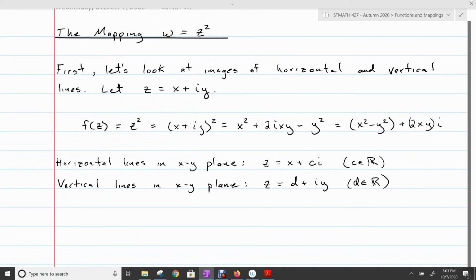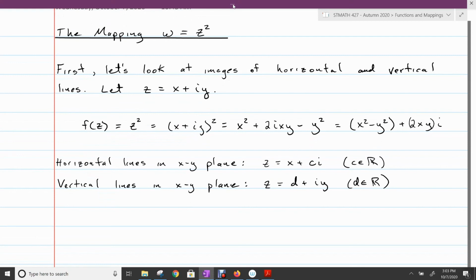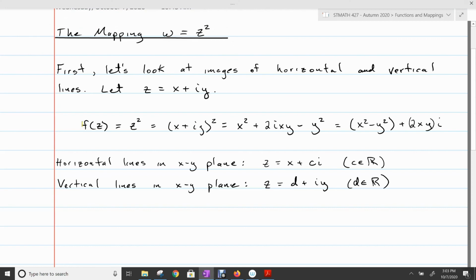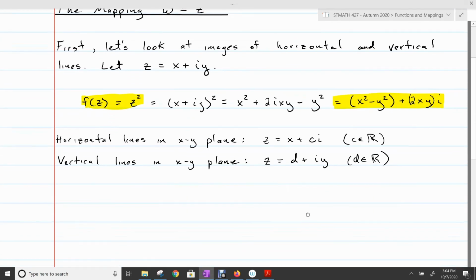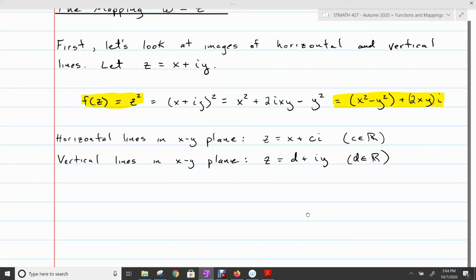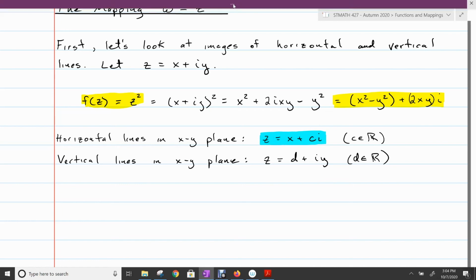So just as a reminder, a little bit ago, for the function f of z equals z squared, in rectangular coordinates, we worked out that the real and imaginary parts are x squared minus y squared for the real part and 2xy for the imaginary part. I could look at a family of horizontal lines in the xy plane. So I want to think about this. I think you can see that the horizontal line that I'm thinking of would have the formula